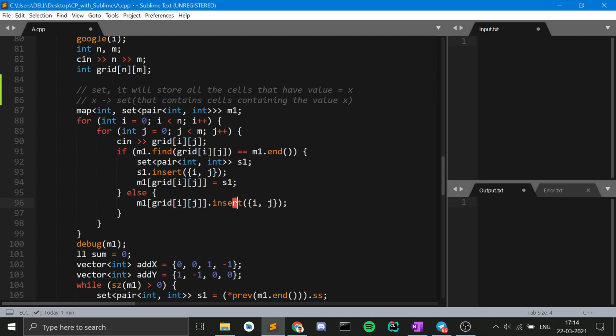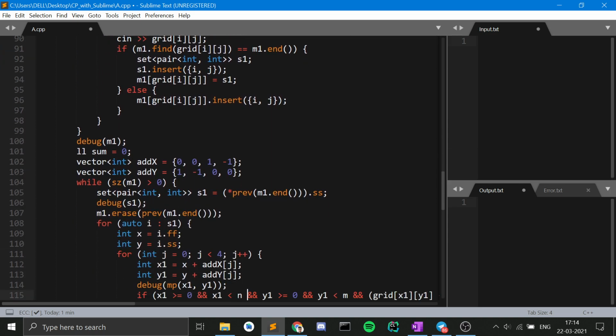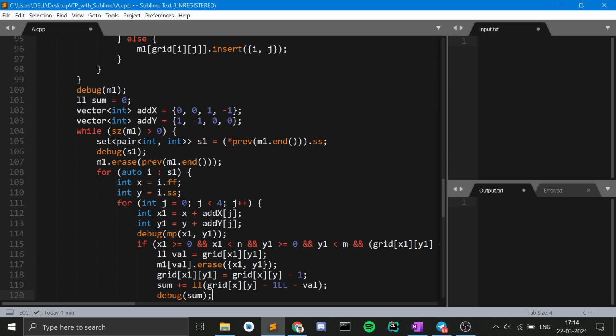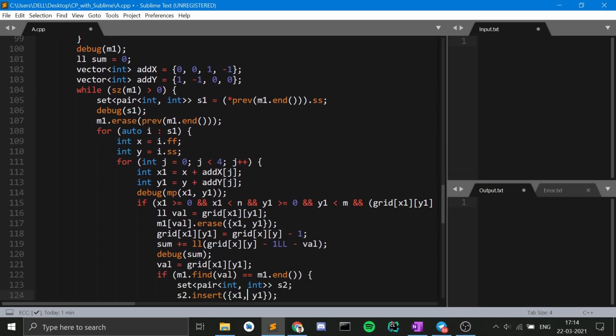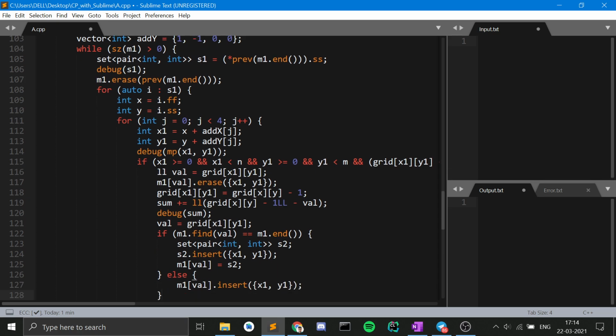Okay, now what I do is, while the size of m1 is greater than 0, while my map still contains elements, I will extract the set where the maximum value is present, iterate on all the elements inside that set, and for all those elements iterate on all its neighbors. These are the neighbors.